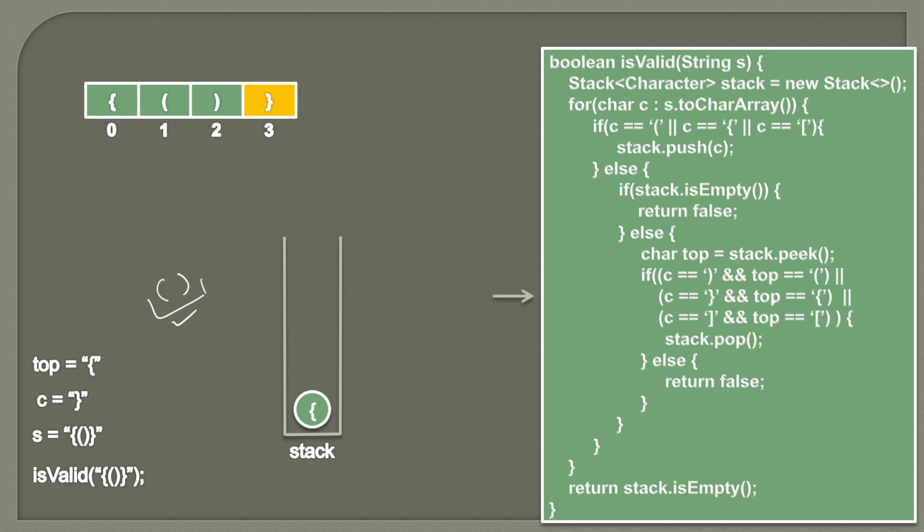The second condition comes out to be true because top is equal to the opening curly bracket here and C is equal to closing curly bracket. So it looks something like this. This is our top and this is our current element, which is C. So it's a match of the same type of brackets. So this much part is valid. So this condition comes out to be true. So the overall if condition comes out to be true. So we will simply pop this element out.